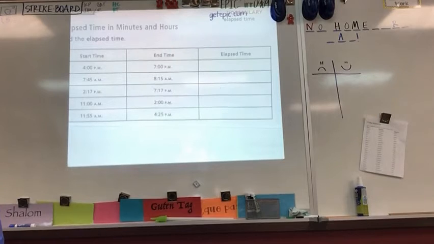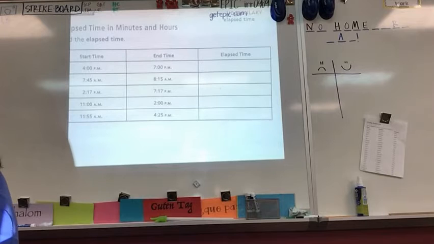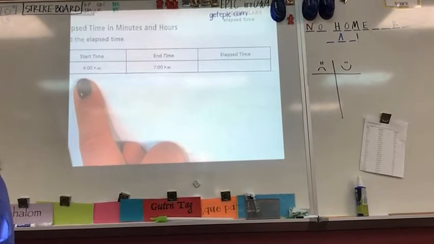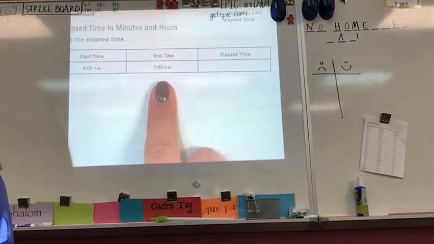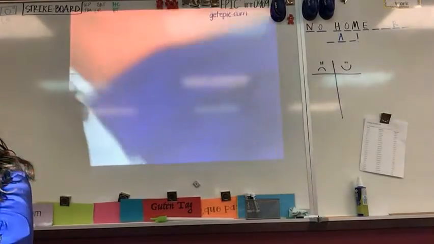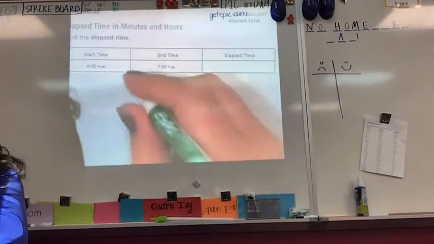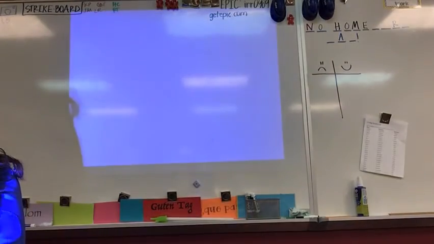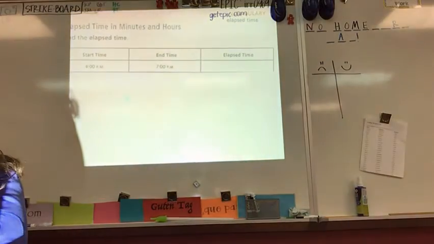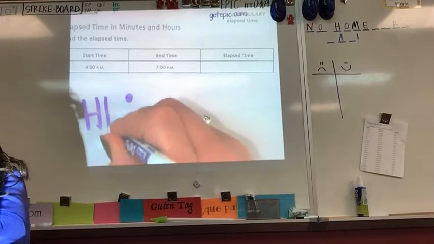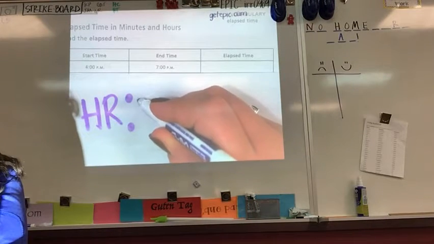Okay, girls, the first thing that we're doing is finding the elapsed time. And so I always look at my hours and my minutes separately on this. So if I started at 4 o'clock p.m. and I ended at 7 o'clock p.m., let me show this for you. Whenever I'm looking at my times, we'll try a different color there. Whenever I'm looking at my times, whatever's on the left would be hours,